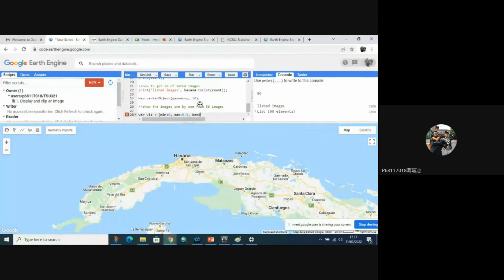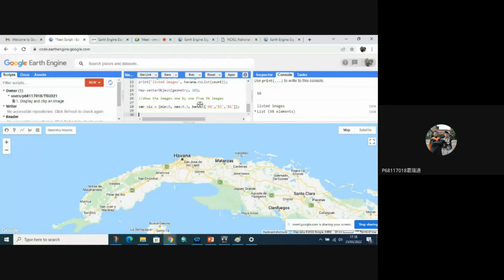And then select the RGB bands: P4, P3, and again P2. Red, green, and blue bands. And close it with a curly bracket and with a semicolon. Okay, I think it's fine.